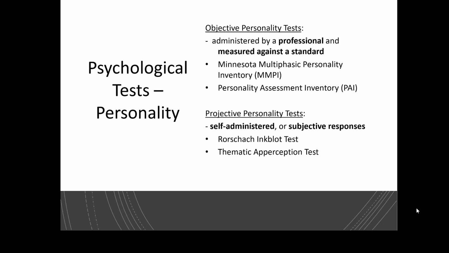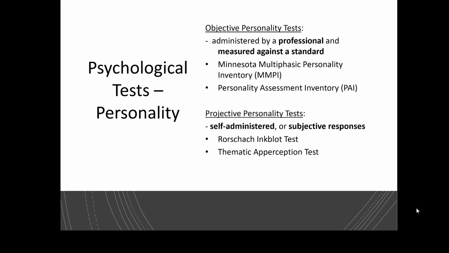In addition to testing for intelligence, psychologists also test for personality. There are two different categories of personality testing. Objective personality tests are administered by a professional and measured against a standard, much like intelligence tests. The two main tests used in this category are the MMPI, or Minnesota Multiphasic Personality Inventory, and the PAI, or the Personality Assessment Inventory. The second classification are the projective personality tests and can include the Rorschach inkblot test and